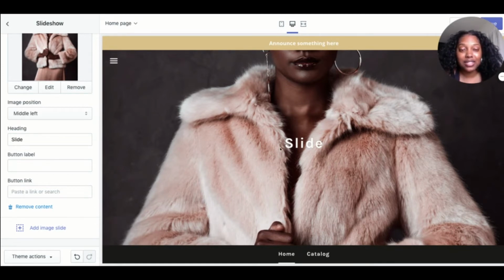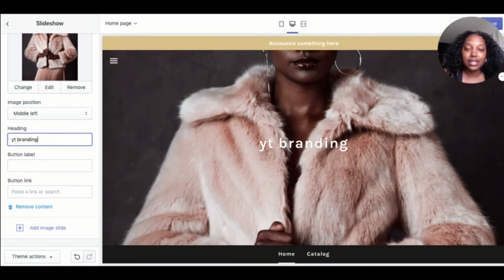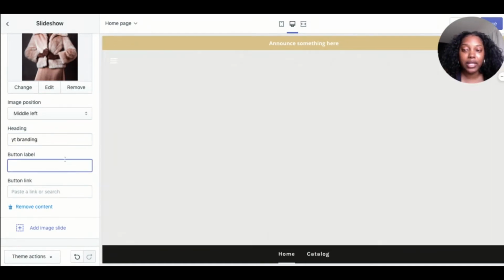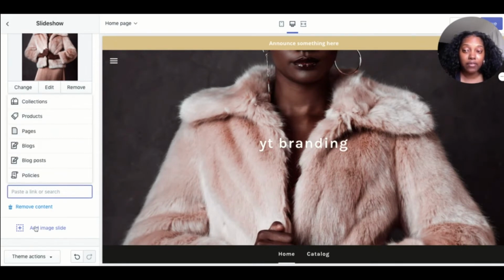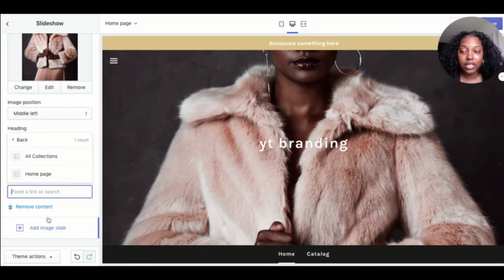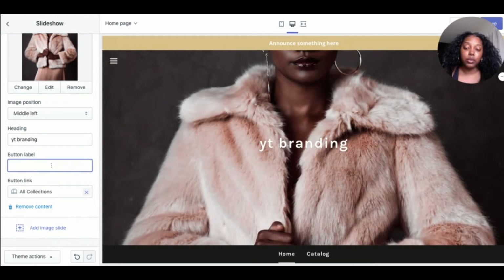Right here where it says slide, you can edit that as well, and you can put, like I'm saying, my brand name. I'm just going to put YouTube branding because that's what I named this testing. And then the button label, what the button label means is what I would click onto. Right now we don't have any products, so what I would click on, see how it says collection, and then I can just put all collections, and the button label could be explore more,